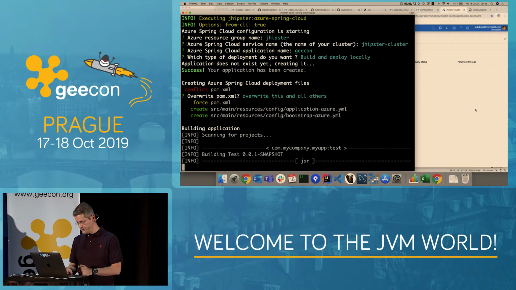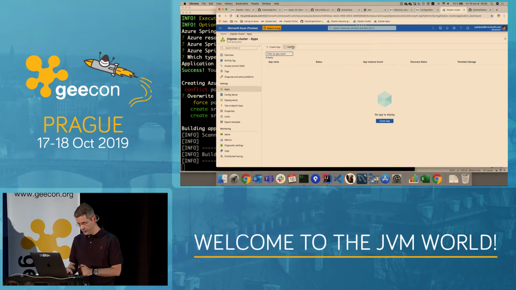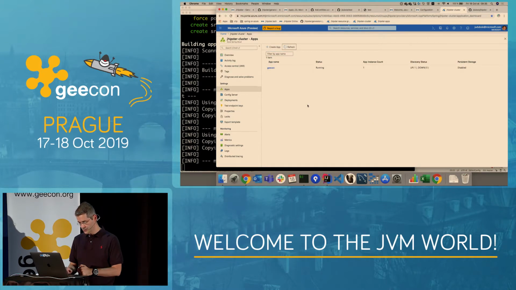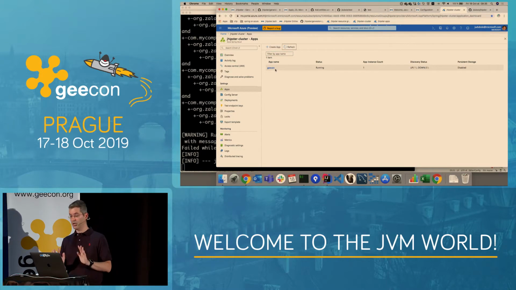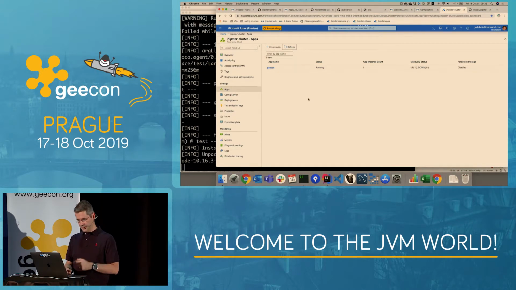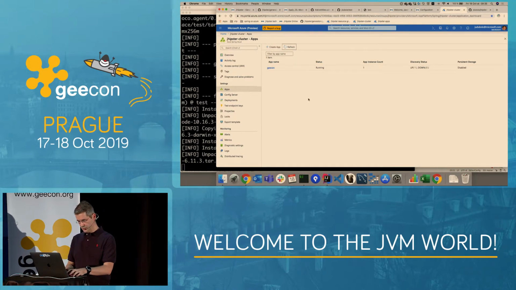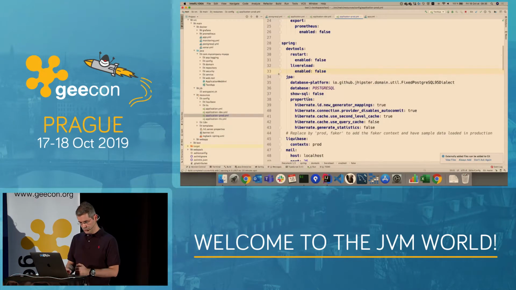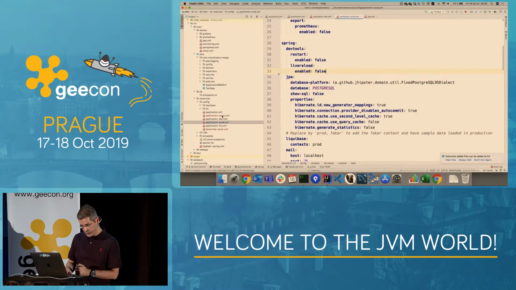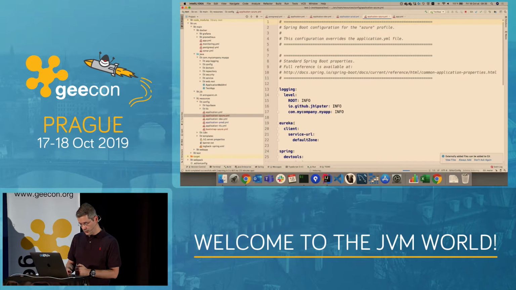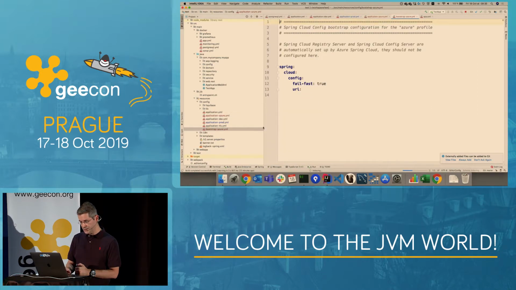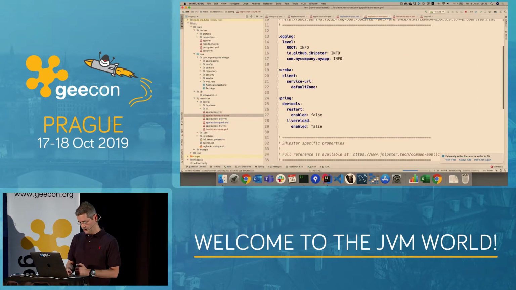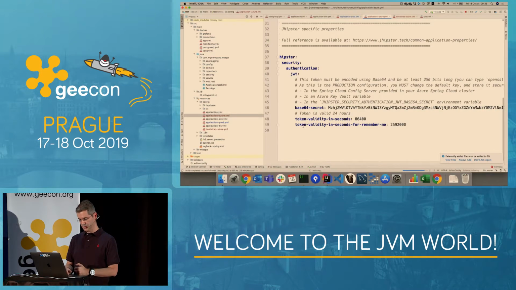It has generated my app. Let's just have a look here. Refresh. So I've got my app GeeCON, which is running. It's empty for the moment. And it asked me to override a few files. Just let me show you what it did. So it created a few Azure config files. Honestly, I'm not sure, I'm still working on them. I will probably limit them a little bit.